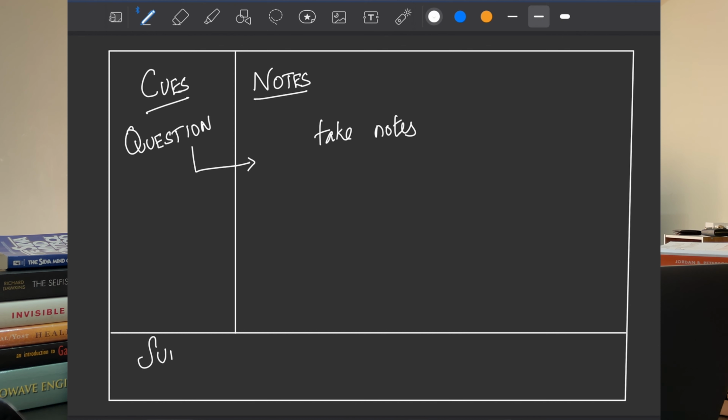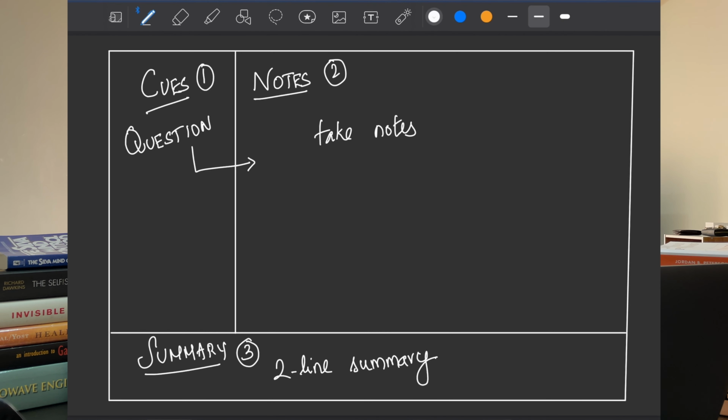It is a space dedicated to writing a 2-line summary of the notes, condensing all the material that is in the notes into a simple, effective answer. I would suggest you divide your notebook into 3 sections before the start of your class to have it ready. It is not important to fill the cue area and the summary area in or before the class. After you take the notes, you can go back home and fill out the cue area with the correct question that points to the notes, and fill out the summary area, digesting the entire notes into a 2-line summary.